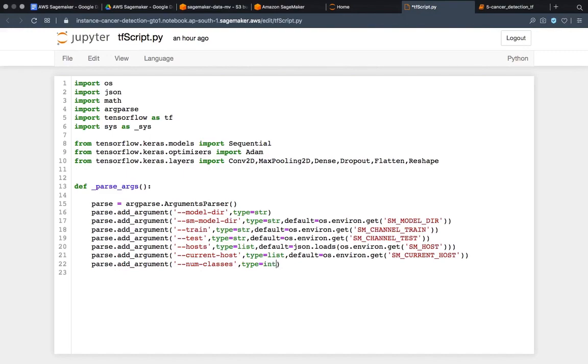Okay, its type will be int, because it will be maybe 2, 3 or 4, and the default will be 2, because we are only dealing with two classes right now. Then one more hyperparameter which I want to include by default. Understand it like this: someone who is training this model will not know how many classes there are,